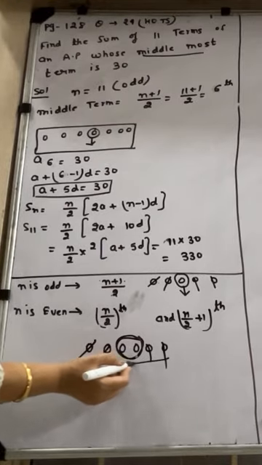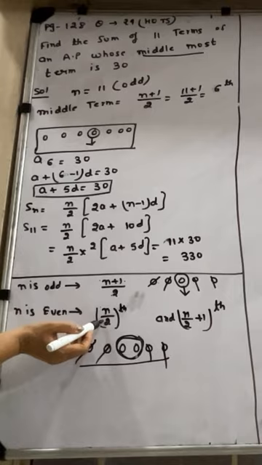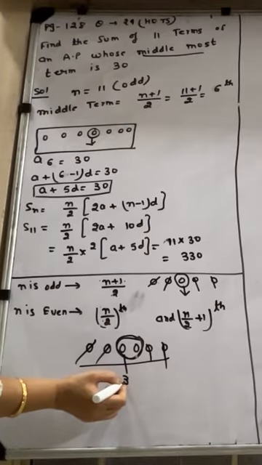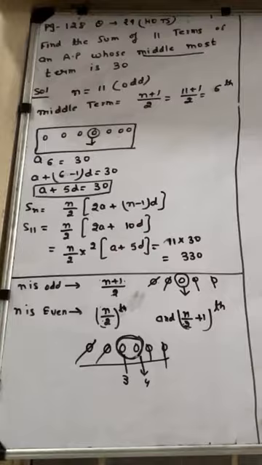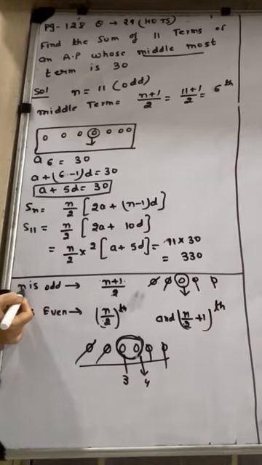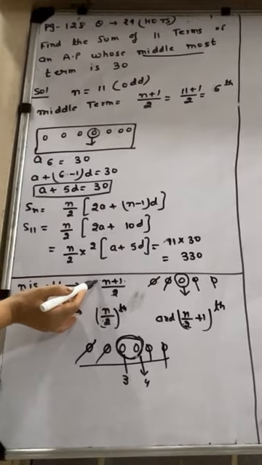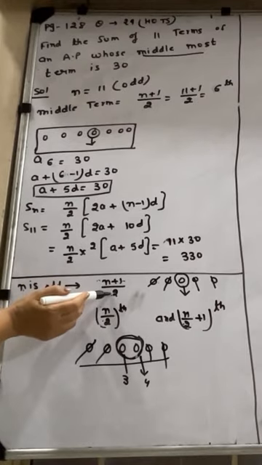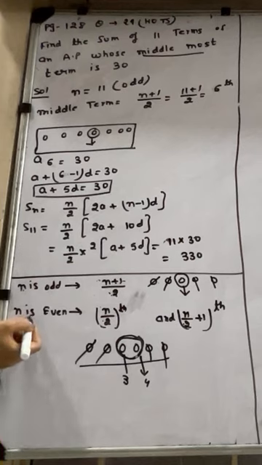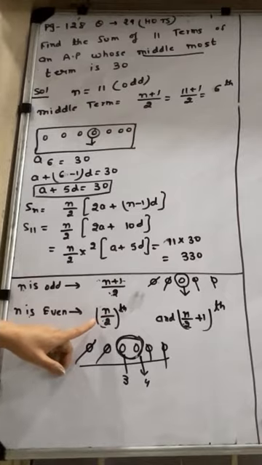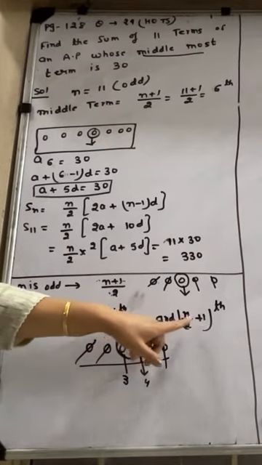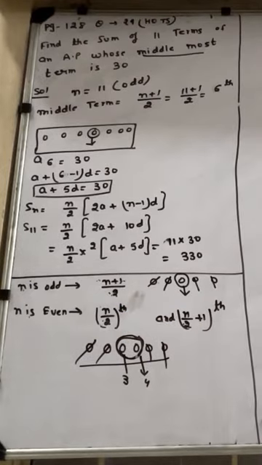Check. Here n is 6. So 6 by 2 is 3. Can you see? This is your third term. And 3 plus 1, this is what? This is your fourth term. So am I clear with the formula? It means if n is odd, if the total number of terms is odd, then the middlemost term is the (n plus 1) by 2th term. But if n is even, if you have an even number of terms, then we will have 2 terms at the middle. And what will those middle terms be? The n by 2th term and the n by 2 plus 1th term. Clear? So come back to the question.